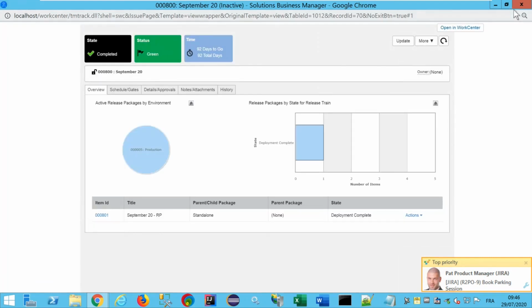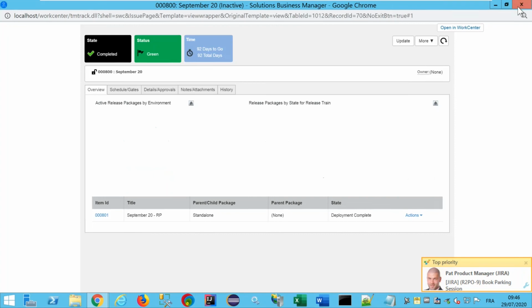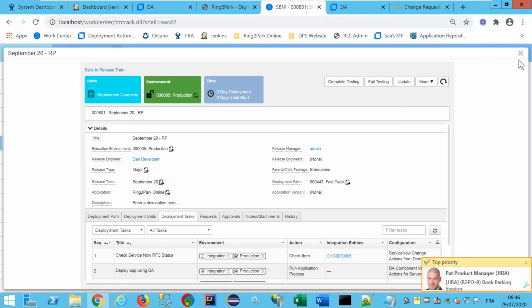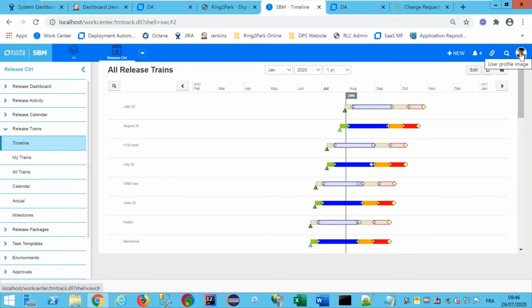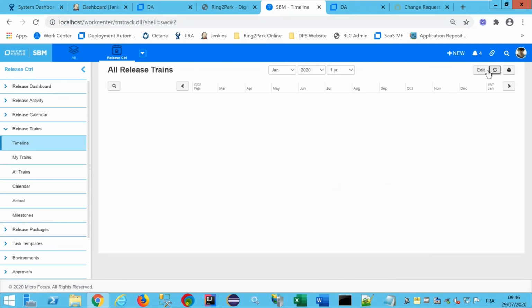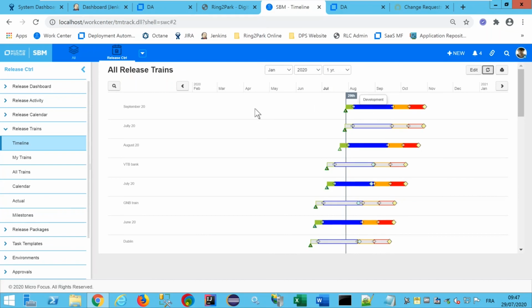Completed. So with release control, the deployment is over. So we can have a look here at the timelines, and we should see our train. It was a September train we created for this demo. So this is the September train here.